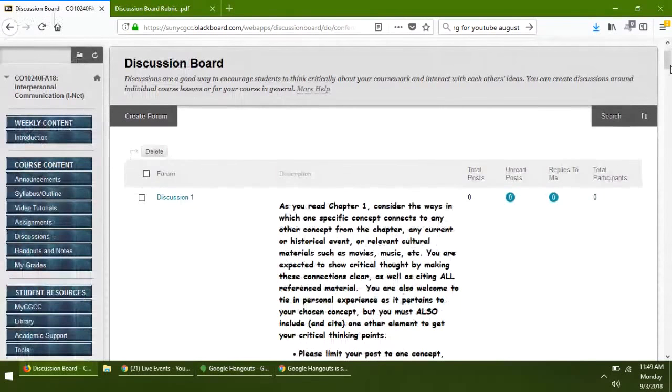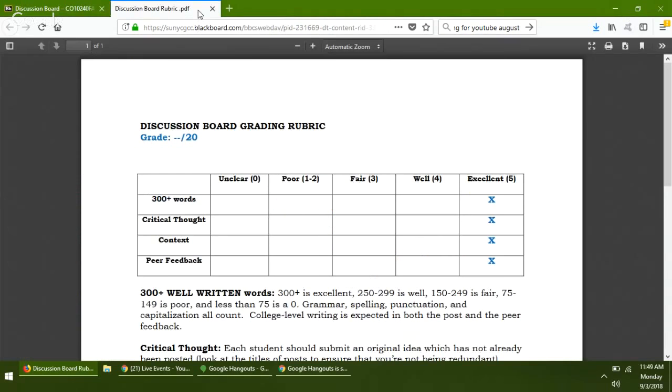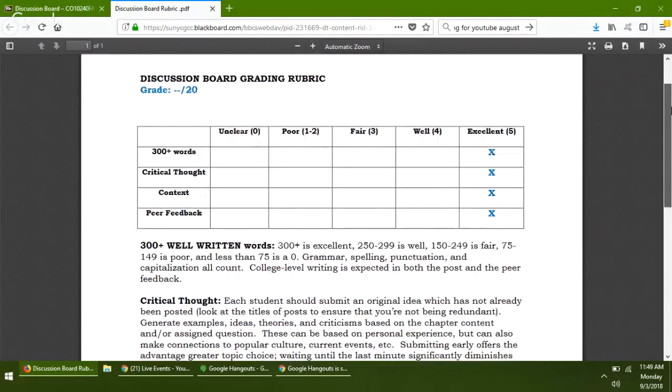In interpersonal communication, you are expected to submit a discussion board for each of the chapters that we cover in class. So in order to do this well, you are going to have to look at the rubric. I'm going to show you this right now. Each of the discussion boards has an allotted number of points, and those points are given to you based on